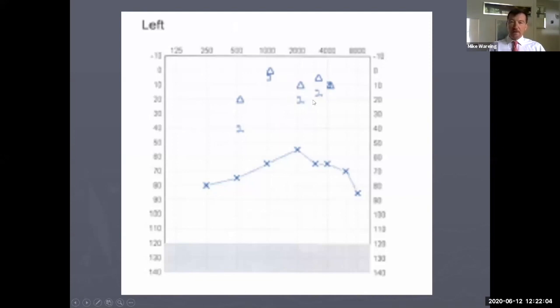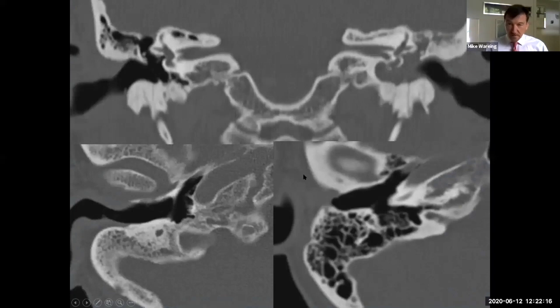You see the little arrow here? That means that they haven't reached the thresholds. They have here, and it's possible this is just a very big conductive loss. But you may not be so certain as to what the inner ear thresholds are on this side. So CT scanning. This top one here is the same patient, so both ears. So this is a normal ear on this side, and on this side,